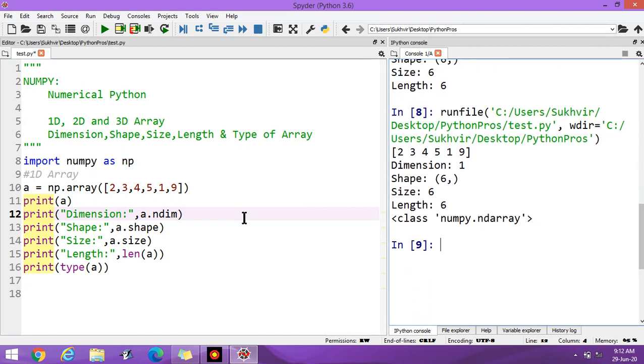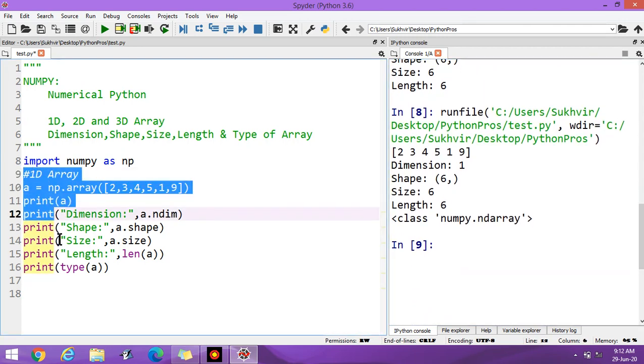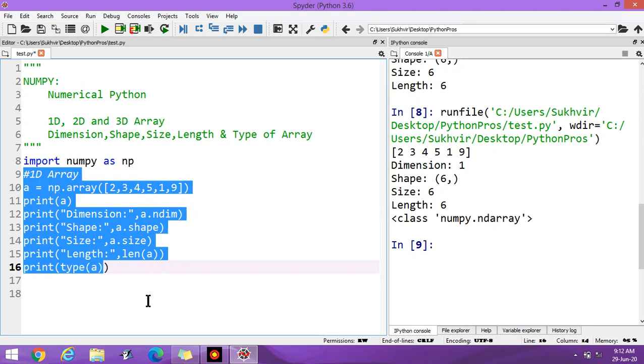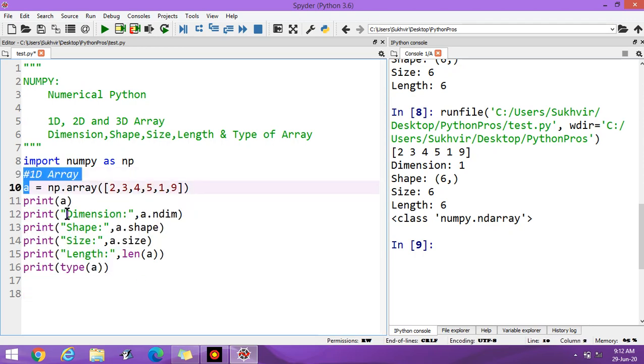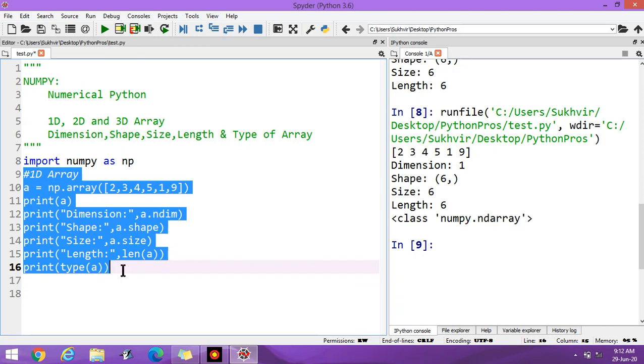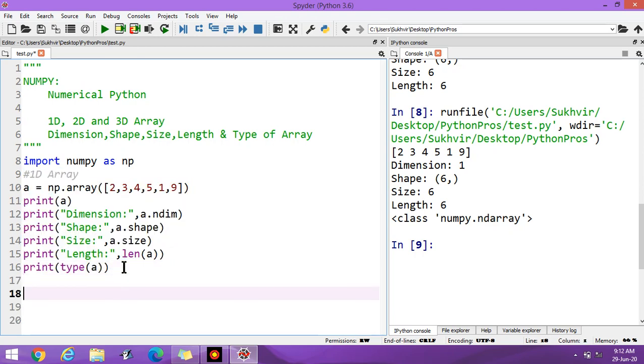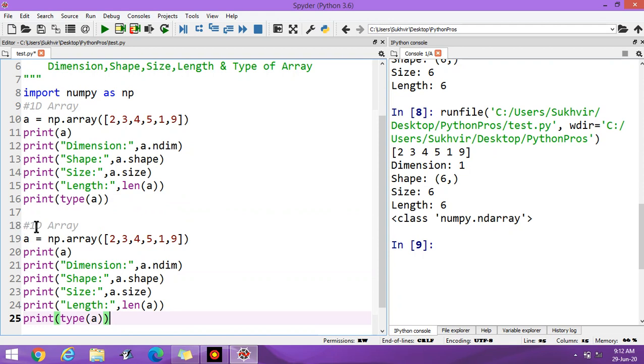Similarly, we can design a 2-dimension array. Let's copy and paste. Here you can write 2D array. In place of A, you can write B. Suppose B is the second array, that's a 2-dimension array.